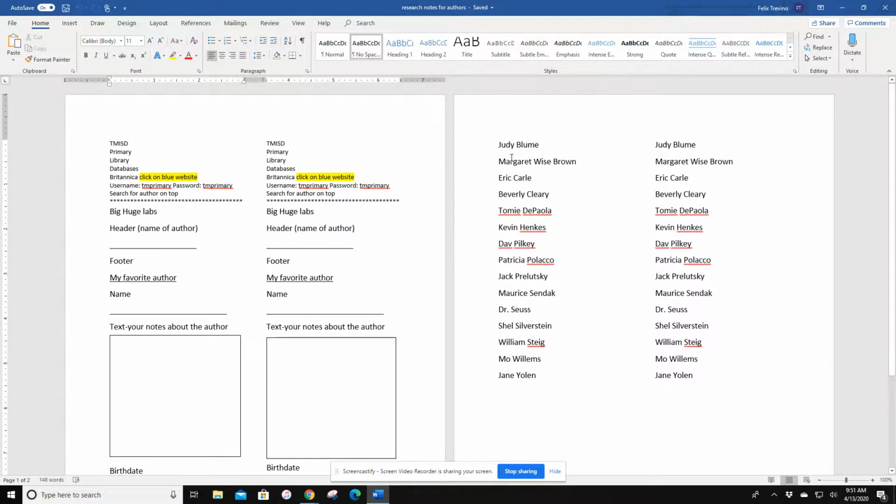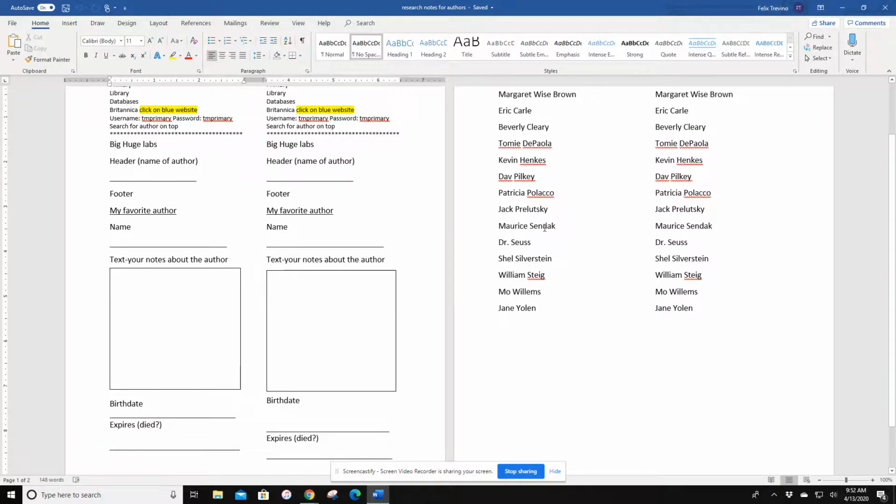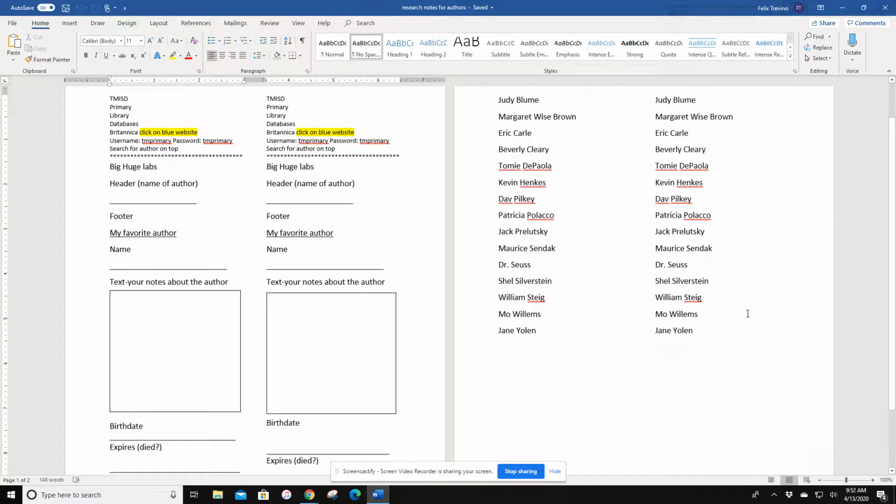Now on the second page of that, these are the authors that are in there. So any of these. I just made this because remember I cut them in half. It just looks funny because it's the same authors. It's just I cut them in half to give them to you like that. So these are the ones that are there. Remember, these are the things you're going to use because remember we're going to use Big Huge Labs to make these